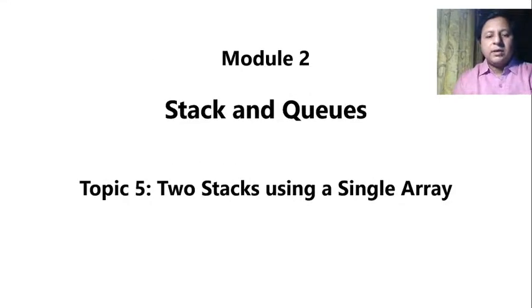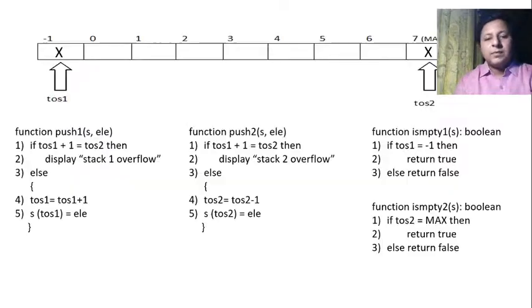In this, we will be doing the fifth topic of your second module, that is two stacks using a single array. Now we've already seen implementation of stack using array. So you have a complete idea about how we have written the ADT and how we have implemented it. So this particular concept we would be discussing from the implementation point of view, and that too in a very rough manner. So the task of writing a proper sophisticated ADT and then implementing it using the array implementation is obviously kept for you people.